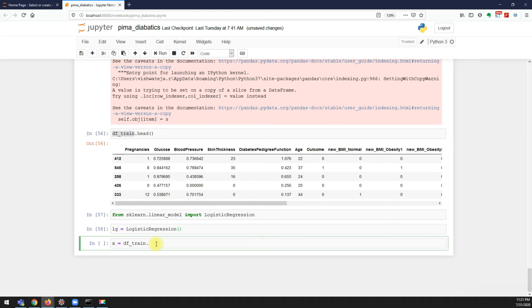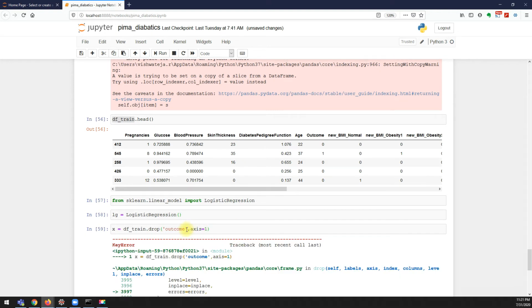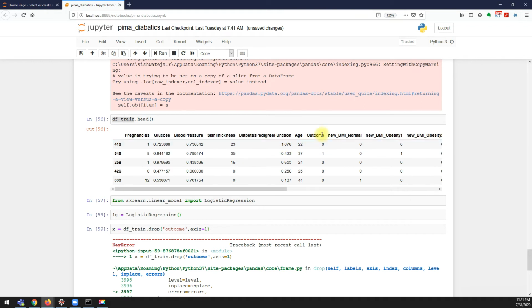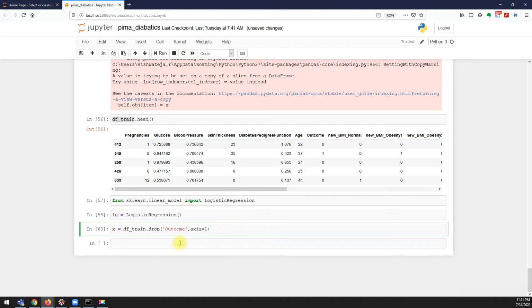So maybe I can say drop outcome comma axis equal to 1. One second, I'm very bad at spellings. Yeah, and we'll also take the y value.